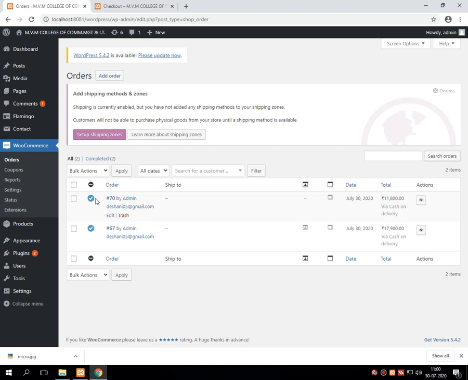So with these two examples, what we have learned: the first phase of WooCommerce is to set up the entire store for selling the product, that we have done in our last lecture. In this lecture, what we have done, we have purchased one product by add to cart facility.